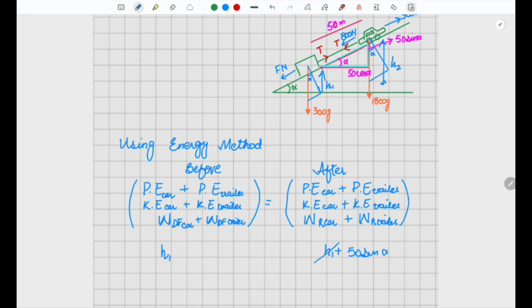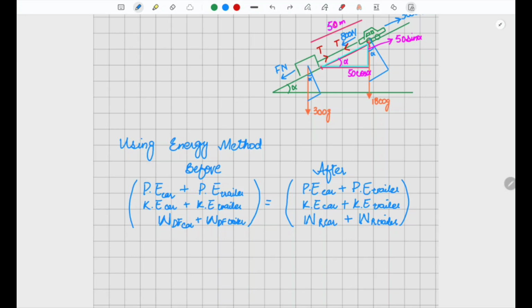So on both sides it will be the same h1, so it will get cancelled. So it is always better in these types of energy method questions not to take the height from the ground level or the horizontal,